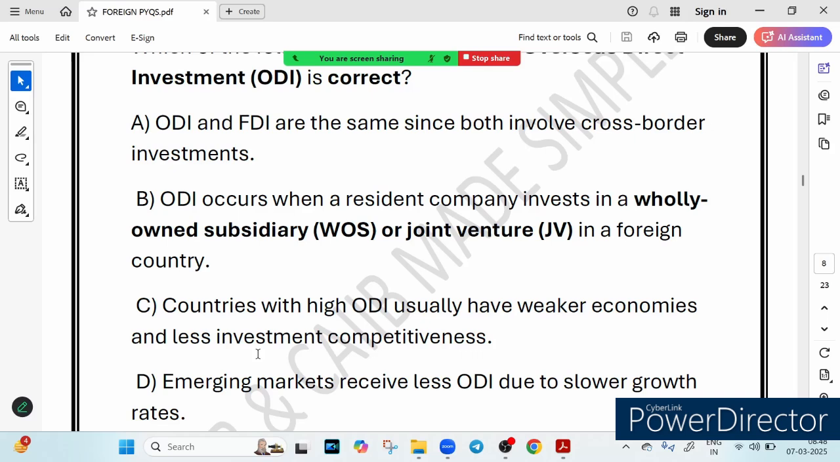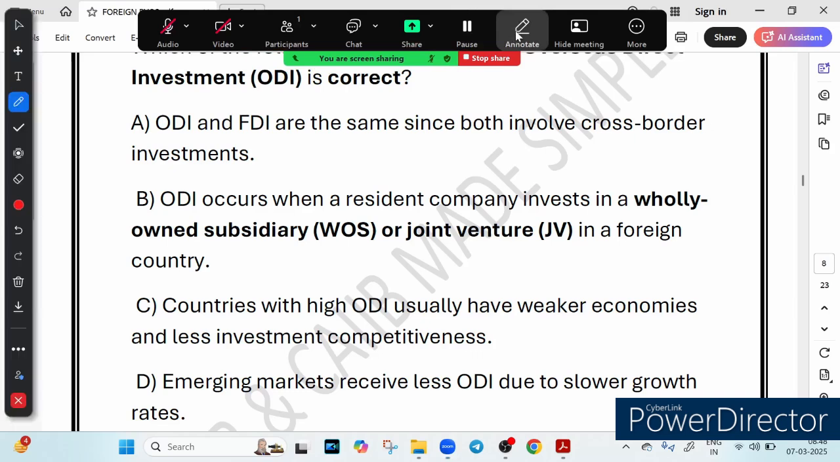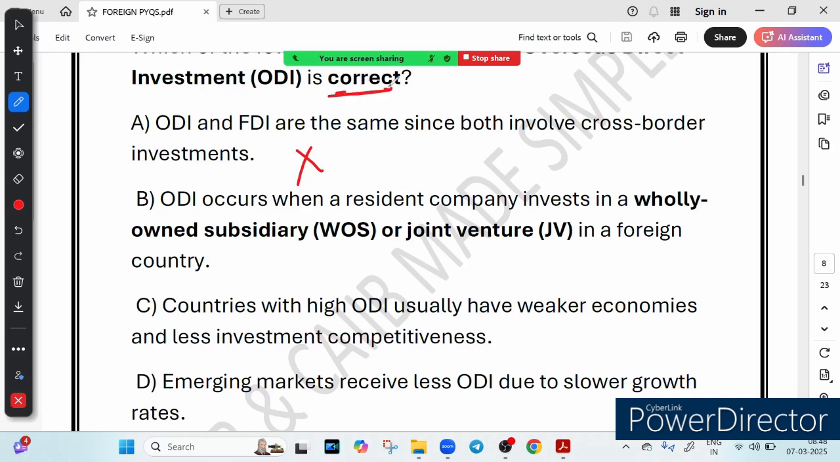Option number A suggests that ODI and FDI are the same because both involve cross-border investment. However, this is incorrect. FDI refers to when a foreign company invests in another country, right? Suppose Microsoft invests in India, so this is a kind of FDI, foreign direct investment. But what is ODI? ODI is when a resident entity like an Indian company, for example Infosys,